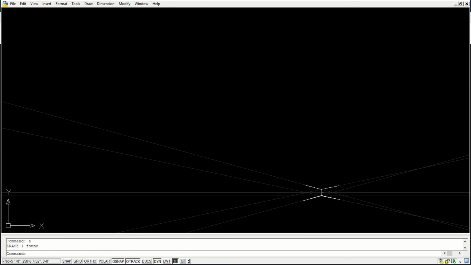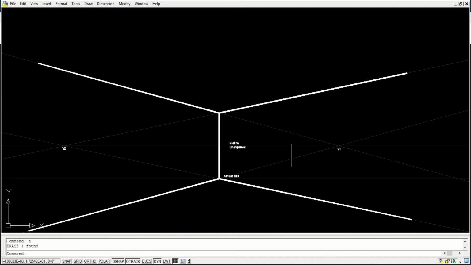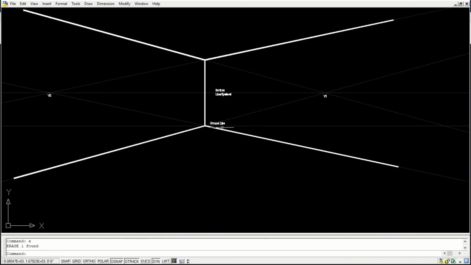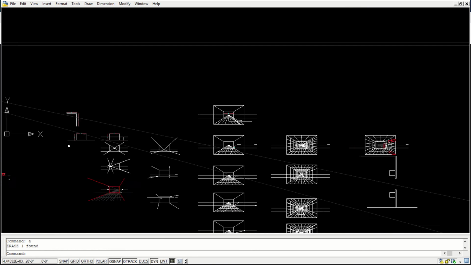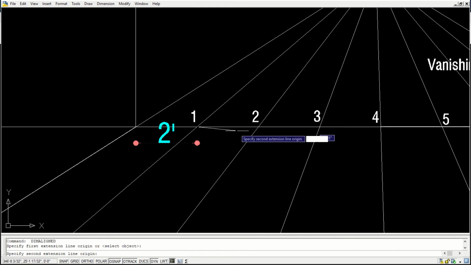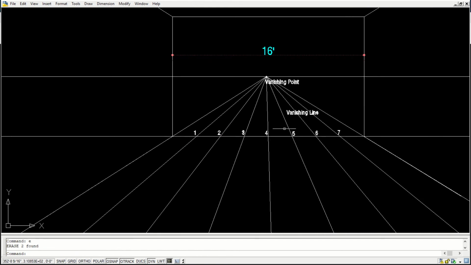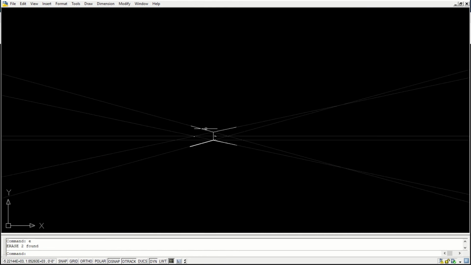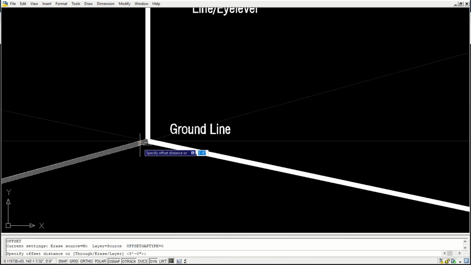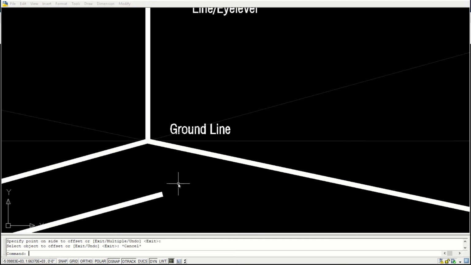Number two, the other mistake that we might make is to divide this line. What we did in one point perspective, we said you divide this line into 2 feet divisions and generate this grid. Let me do the same thing here. So I will say this is 2 feet.